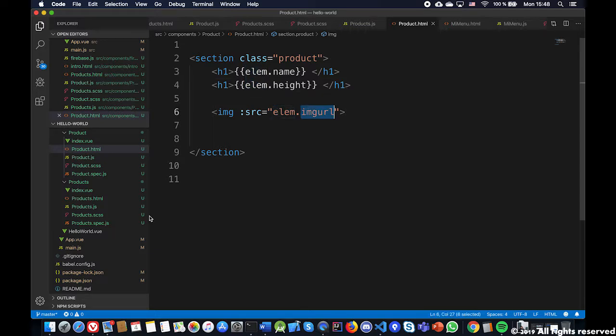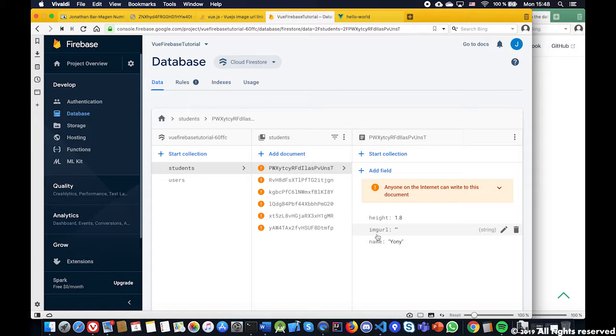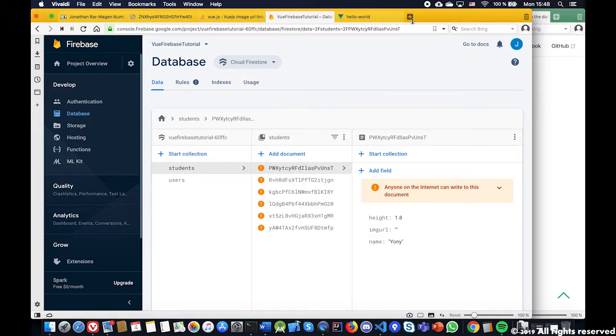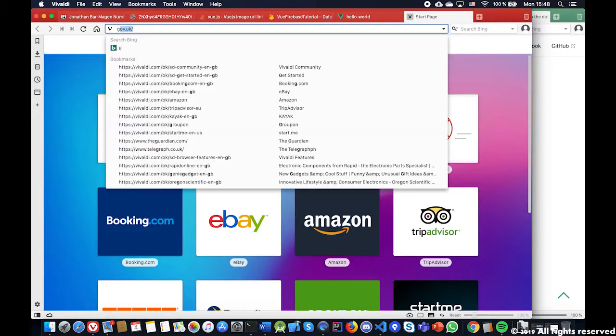Okay, this field has to be defined here, but because I don't have anything here, I will have to add a URL in this position so it shows the information in the web page. Okay, and because I'm using it here, I'm using the height, I'm using the name, and I'm using the image URL to add an image here, as you can see, and defining its source, which you can add as an HTTP file, a URL. So just to make the test, we will go to Google Images,